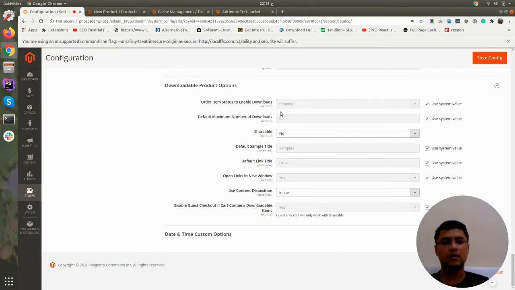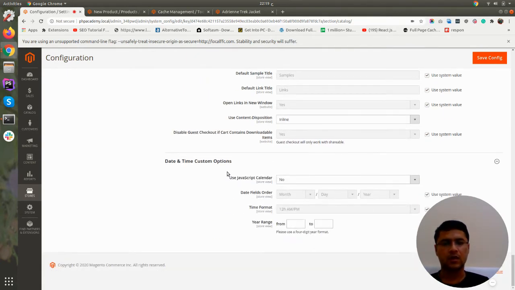Okay, but invoiced is okay, because until and unless the customer pays, you will not give access to downloads, right? Then the maximum number of downloads. These options you can set product-wise as well. Okay, so these are the options you can set for downloadable products. Okay, this is for the date filter, how you want to manage it.